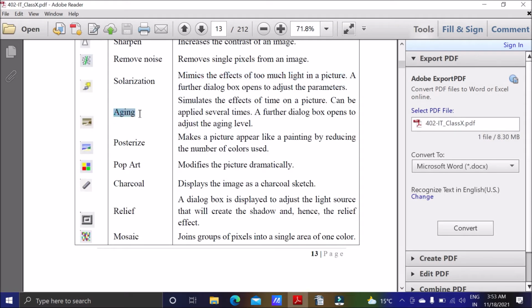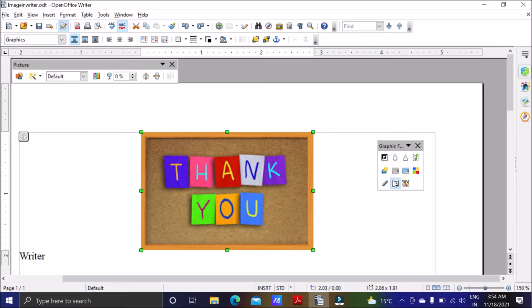Aging, how the image will appear. If you take a hard copy of the image and you leave it for so much time, how will the image appear? It will actually simulate the effect of time on the picture. You can apply it several times. Let's see this also, aging.